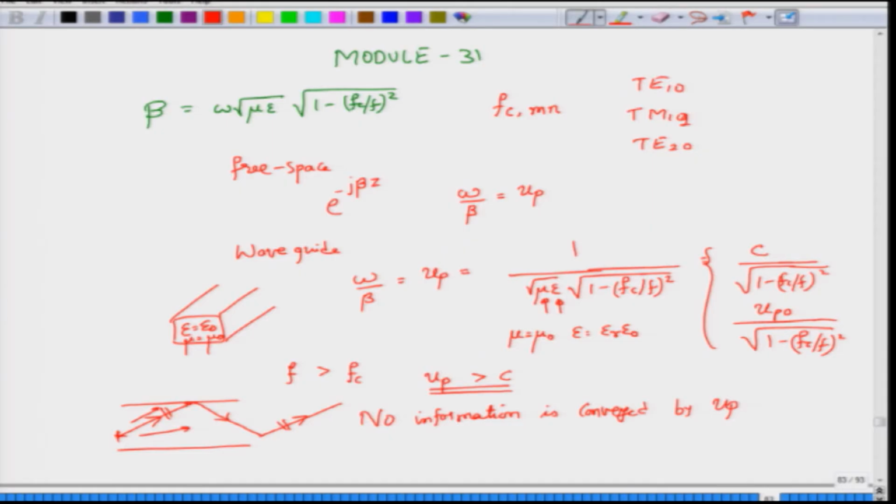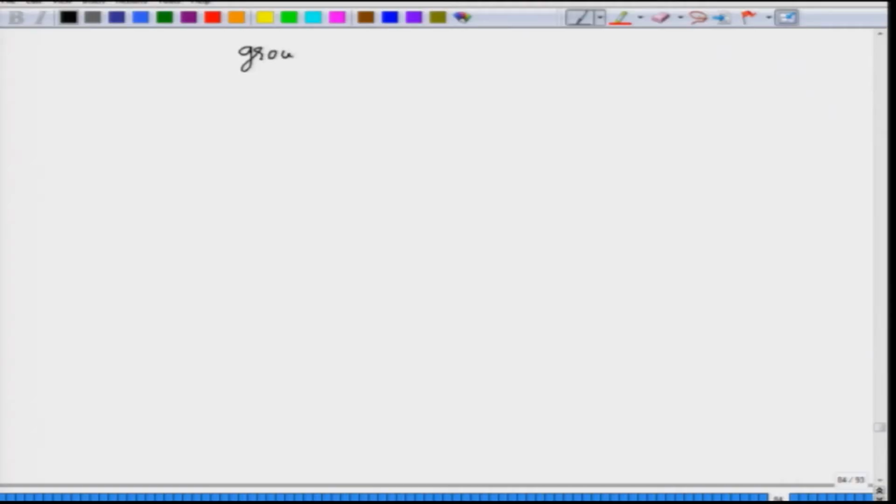Rather, information is contained only when the frequency changes or the phase changes, right. Or of course amplitude changes, but we will ignore the amplitude change for now. So, for any information that needs to be conveyed, the information has to be in the form of some changing frequency or changing phase, because if it is not changing, then you are not conveying any information, okay. So, what quantity measures the rate of change of information, the velocity at which we want to propagate, okay,